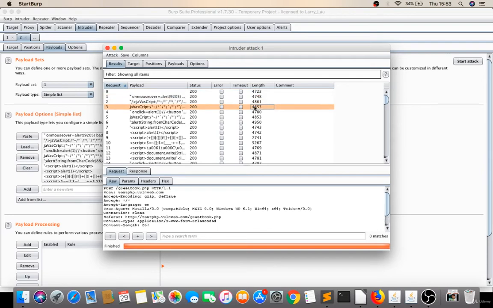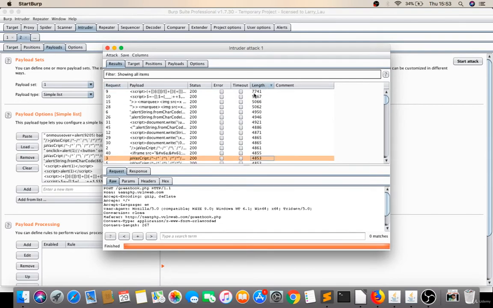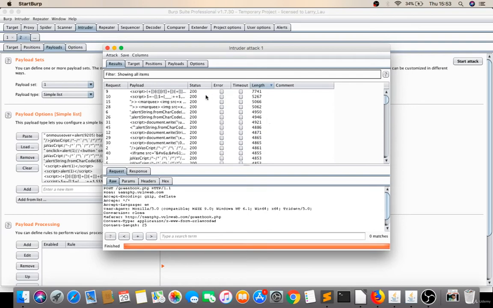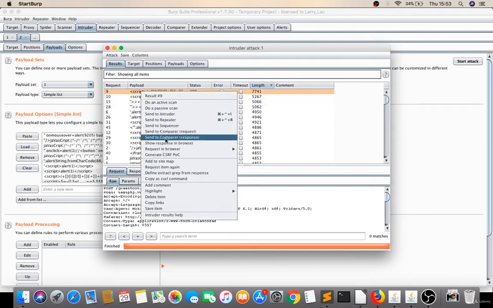For better understanding, I will sort the length in descending order, so I double click on length. See, it's sorted, and your zeroth request is this 4723. That means maybe this will work, maybe this one. We don't know, so I will right click, show response in browser.